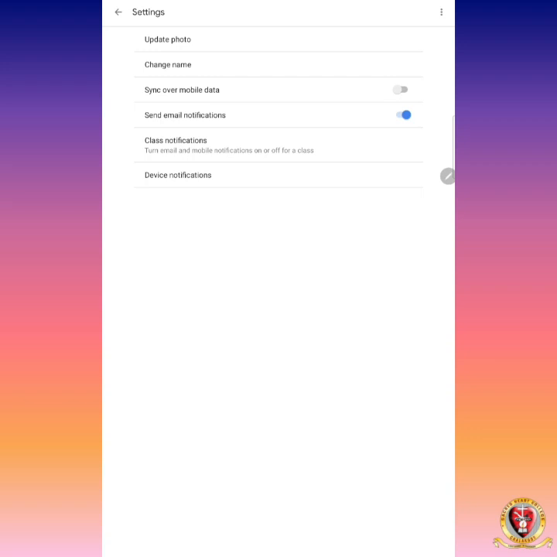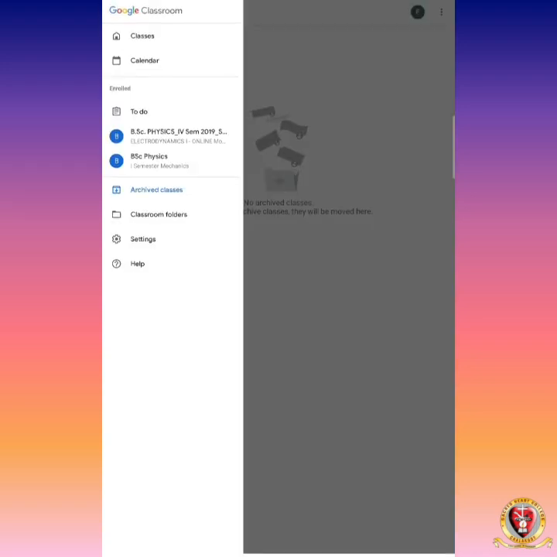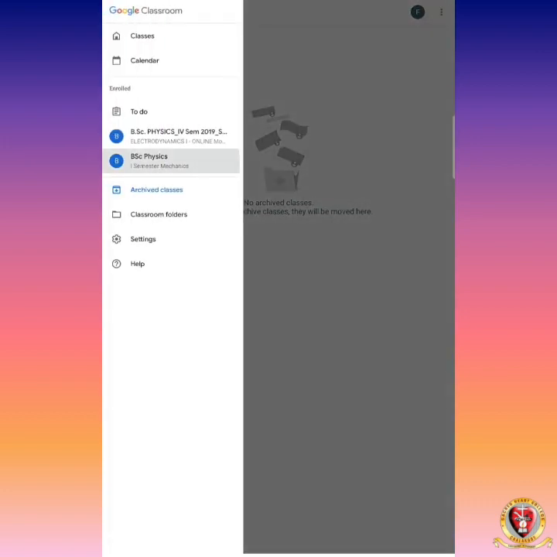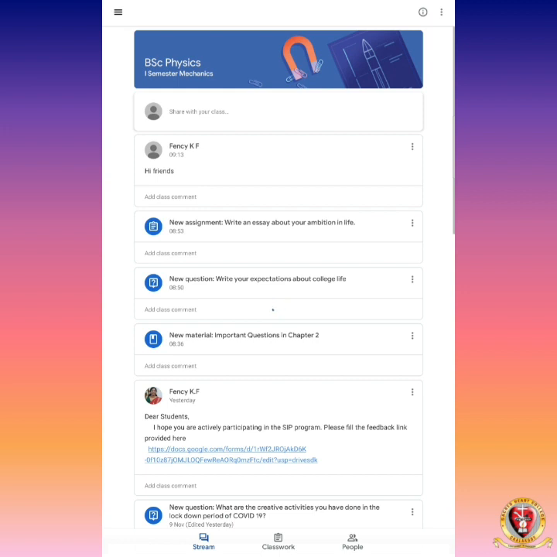Many students will be asking how I can turn off the notifications. So you can do it like this. And these are the main important things for you. In this way you can easily access Google Classroom, and please feel free to ask your doubts. Okay. So these are the important peculiarities and usage of Google Classroom.